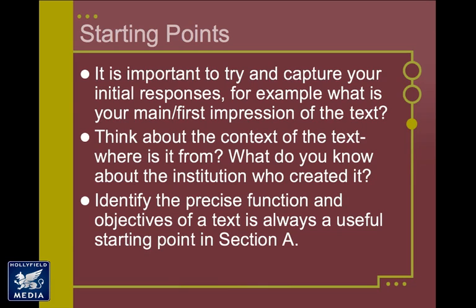So what is the text? What kind of text is it? What is its point? What is its purpose? Why is it there? If it's a trailer, then it is obviously trying to promote the film. Therefore, they're going to show certain good bits of the film to try and get you interested. That is its function. Where was it published? When did it come out? What film is it? These are all things you need to think about. So what is the function of it and what is its objective? Sell a product, promote a service, tell you something, educate you. What is its purpose? What is it trying to do? And that is how I would start your introduction to section A before we focus on the main questions at hand.